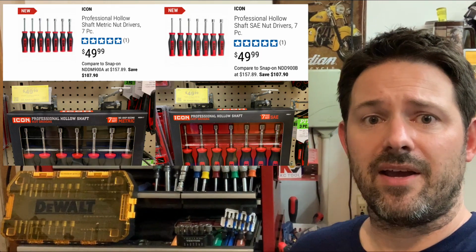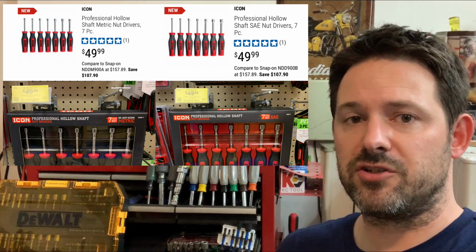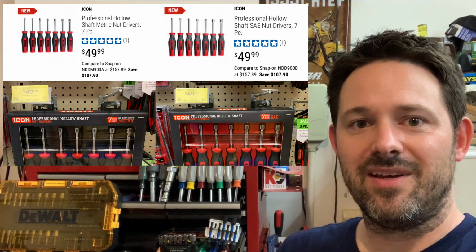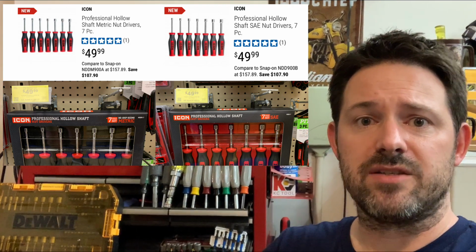Now, if you like shopping at Harbor Freight, you might consider the brand new Icon nut drivers. That'll run you roughly around $50. Features a really nice rubber grip, maybe comparable to Snap-on in some senses, and has a really nice blow molded tray for organization. I feel like you can get a lot of decent nut drivers for under $60, but should